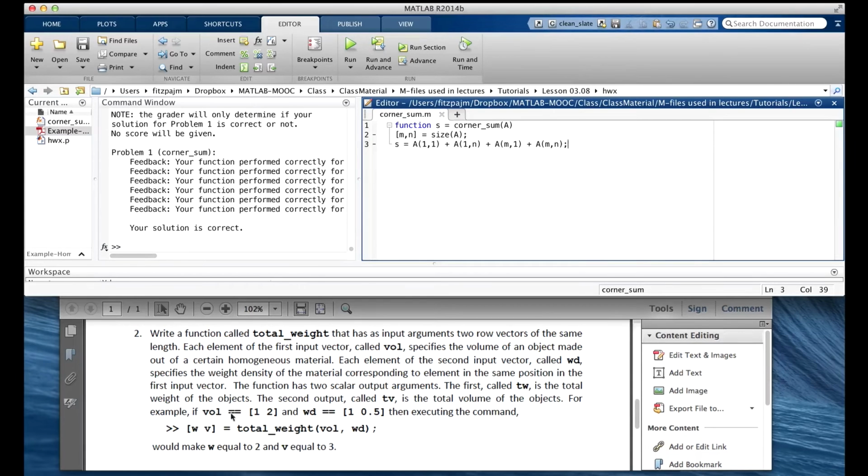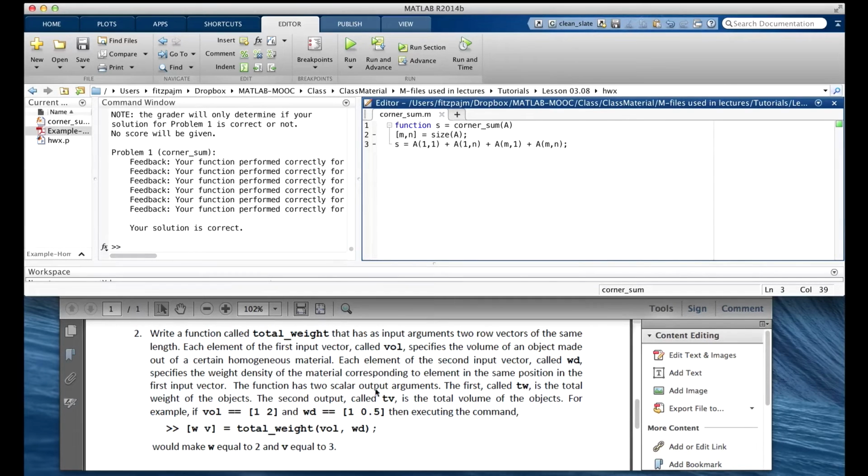Well, let's see if this makes sense now. Okay, so the first element here is the volume of something, and the first element here is the density of that same something. So if you want to find out how much that first one weighs, you'd multiply the volume, which is 1, times the density, which is 1. 1 times 1 is 1, okay? And if you wanted to know the weight of the second one, it'd be 2 times 0.5. That's also 1, so I guess both of them weigh 1.